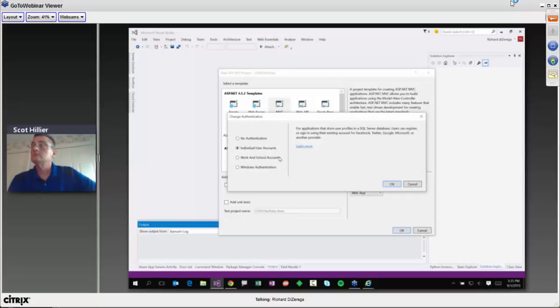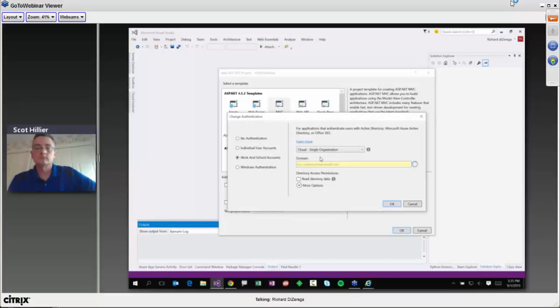So I'll come out here and I'll say I want to use a work and school account, and I'll just type in, mine is rzdemos.com. I actually went and put a real domain on mine because I got sick of typing in on Microsoft.com. So most of you, if you've set up a developer tenant, you're going to end up with some name that you come up with on your own, .onmicrosoft.com, and that's your tenant domain. I've just gotten sick of typing that in over and over and bought a real domain through GoDaddy for mine.